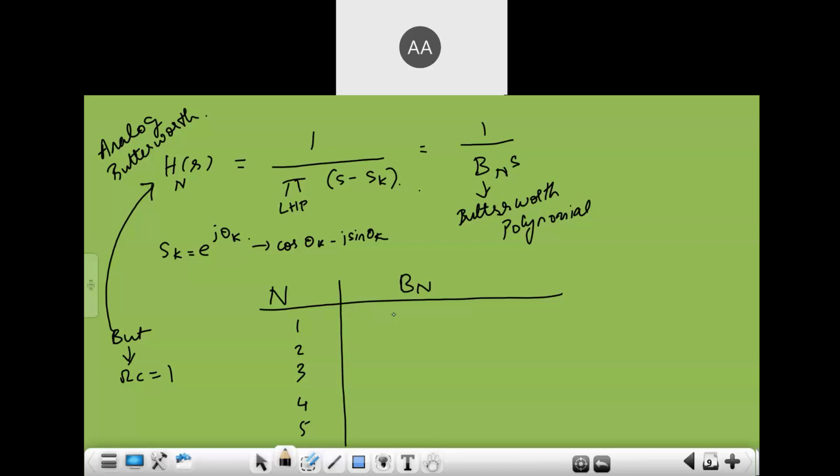Okay, so let me fill this. All of you try if you can fill this. You will get the polynomial like this: S square plus root 2 S plus 1. The next one is S square plus S plus 1 into S plus 1. You'll get the Butterworth polynomial like this. See if you're able to obtain. In the notes also I have done this. Notes it is done. What is shared there also it is done. Please go through it. In the next class, we will continue.